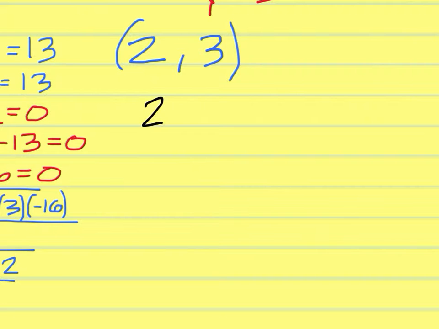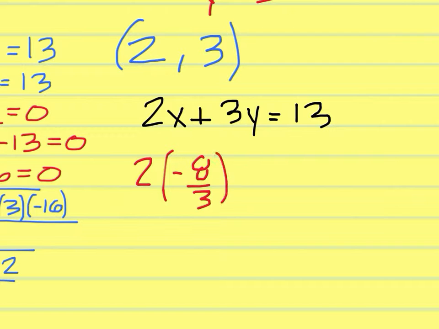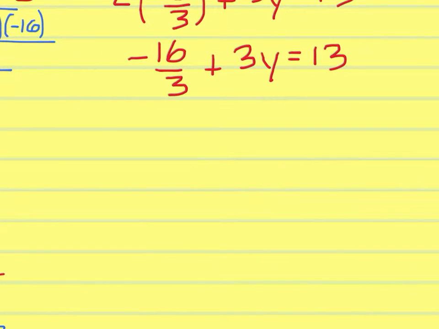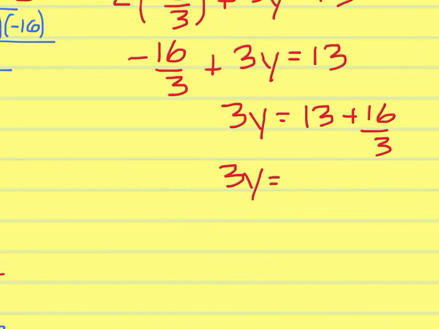2x plus 3y equals 13. We'll do that one again, and this time it's going to be with -8 over 3 in for x. So when you simplify, you get a -16 over 3, and you're going to have to move that to the right side, leaving 3y on the left and plus 16 over 3 on the right. A common denominator of 3 will give us 39 over 3 plus 16 over 3, which is